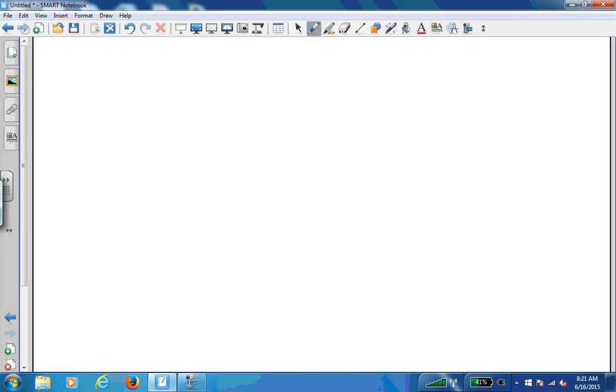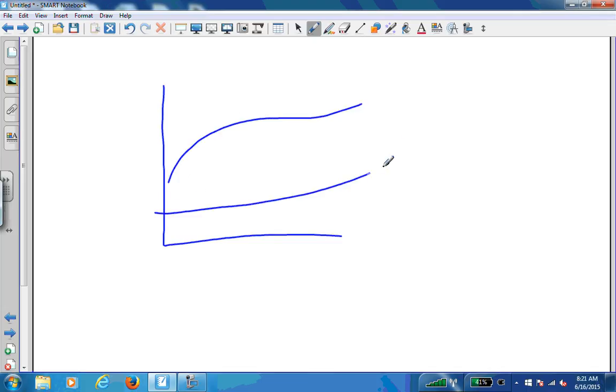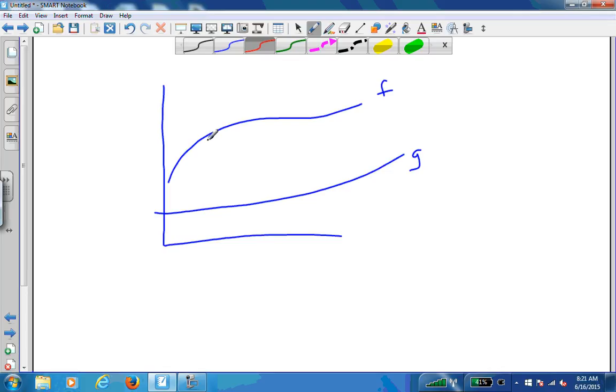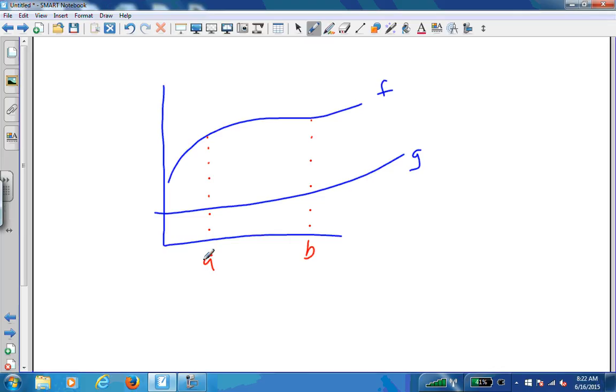So the first thing we're going to do in this section is kind of an extension of things we've already done. Instead of finding the area under a single curve, we're going to look at getting the area between two curves. So if I have the function f and the function g, and I want to find the area between those curves from A to B, so I want to find this area here,